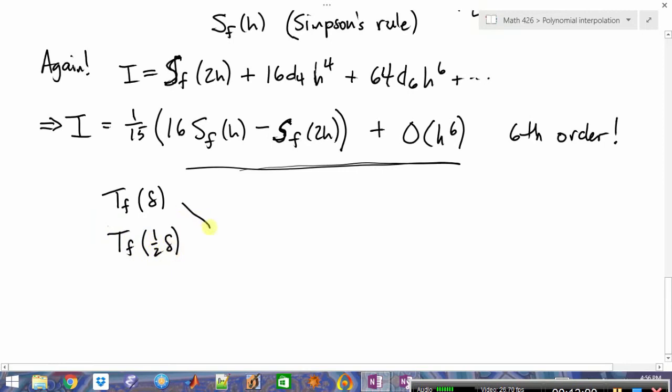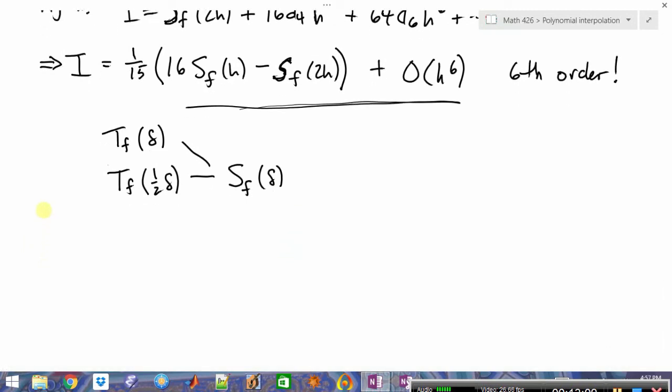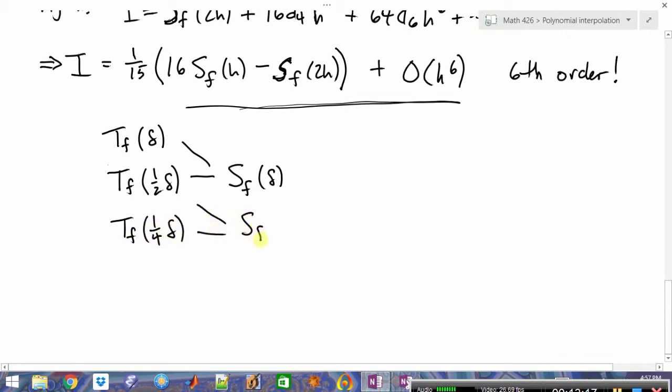Well, now, for free, you can combine those into S at delta. And then I could do another refinement on the trapezoid rule and get another Simpson estimate, and then combine those into some 6th order thing, whatever it is,